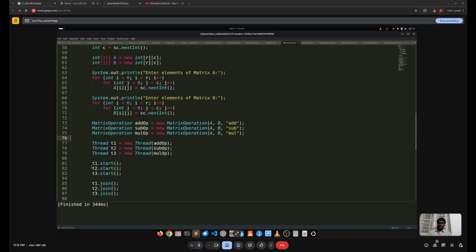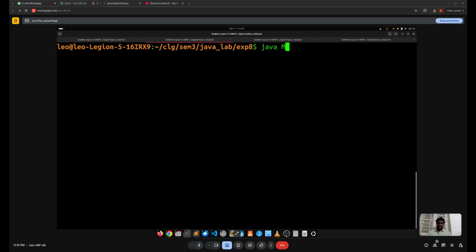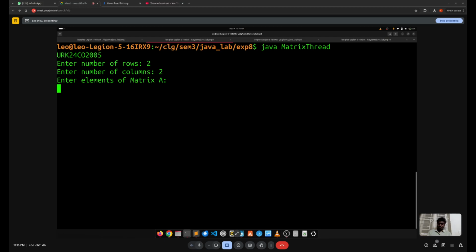Once I run the code, you can see that it asks the user the number of rows. I'm giving 2, and columns 2. Then I'm giving the elements of A: 10, 20, 30, 40. The elements of B are 50, 60, 70, and 80. When I press enter right now, you can see that the operations addition, subtraction, multiplication will happen